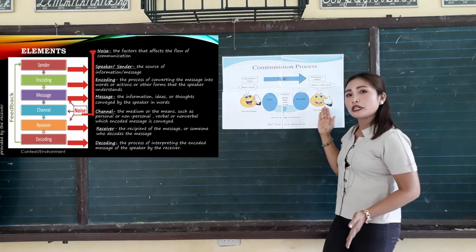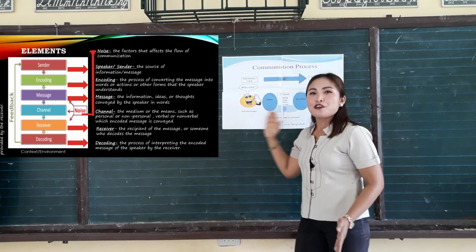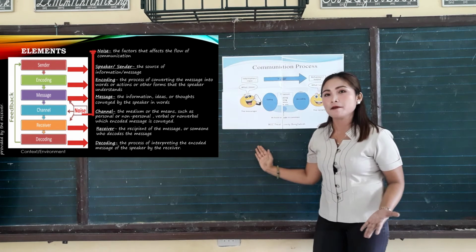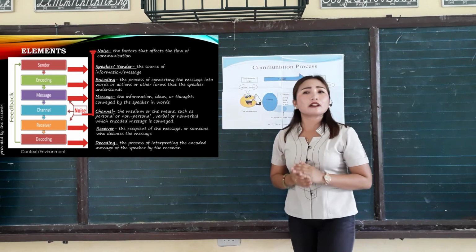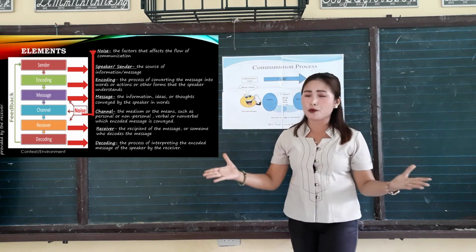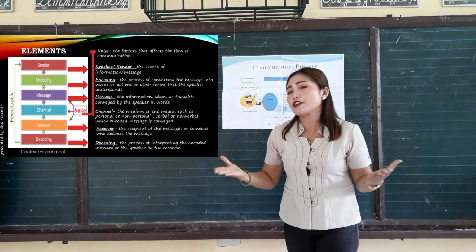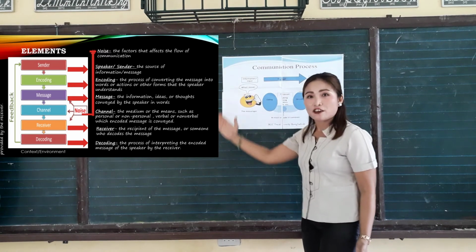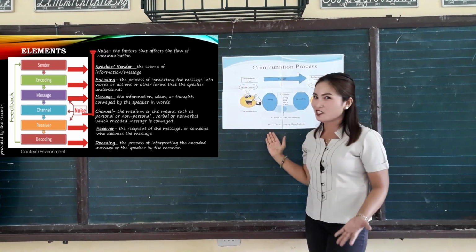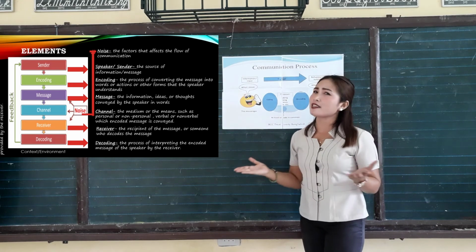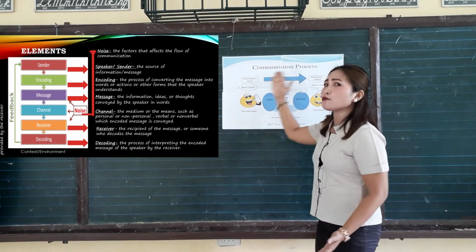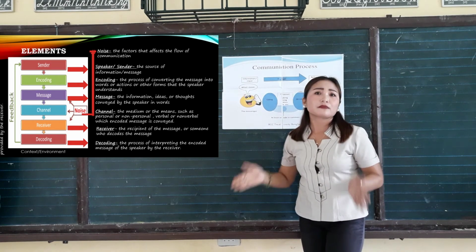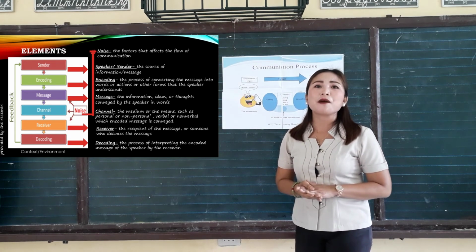Now, the receiver will give his or her feedback. Feedback are the responses, the reactions, and the replies. Okay? And we have to remember that communication process happens everywhere. Communication happens in different environments, and we call it a context. So context is the environment where communication takes place. And also, we cannot deny the fact that along the communication process, there are factors that distract the flow of communication. And we call them noise or barriers.